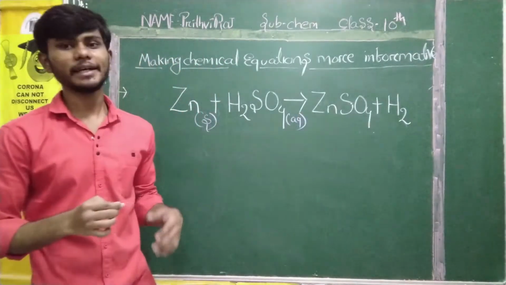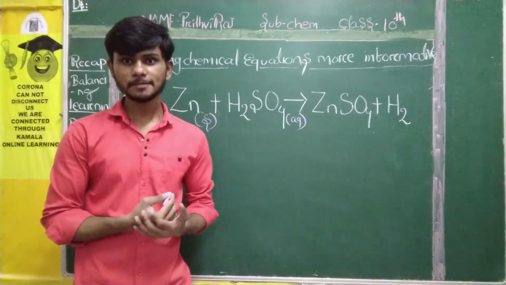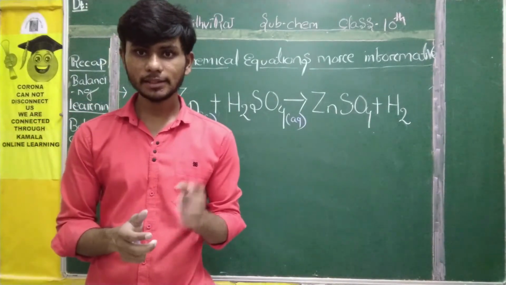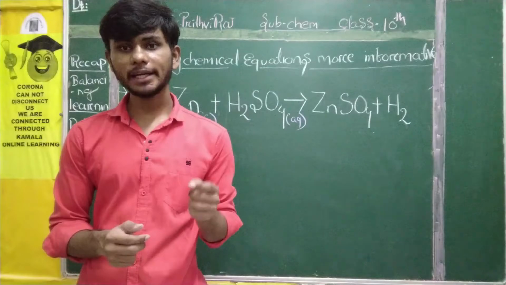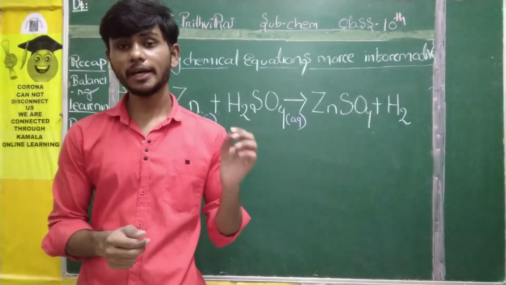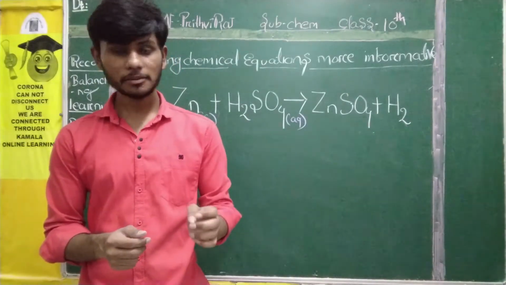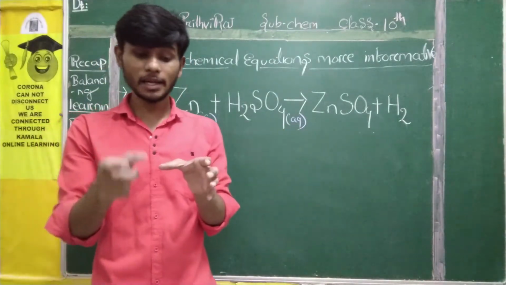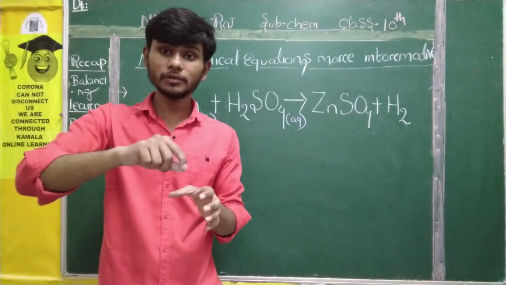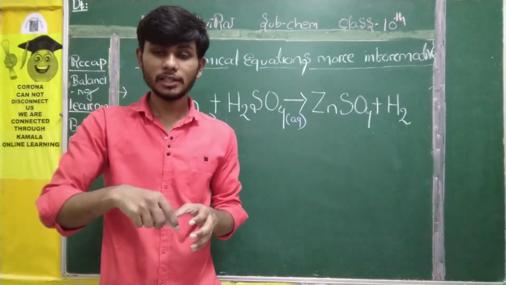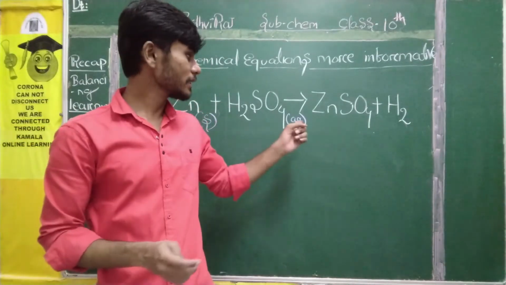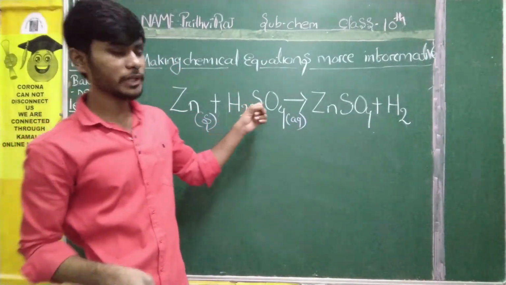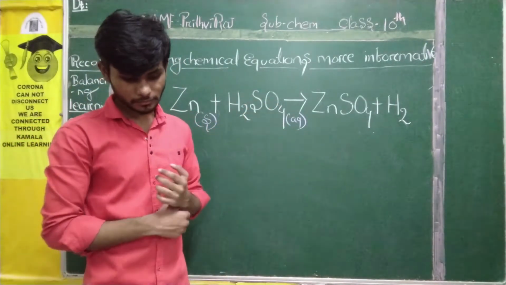Students, why am I writing aqueous, not liquid? The thing which is liquid by nature, if you are writing water, you will write liquid. If you are writing bromine, you will write liquid. If you are writing mercury, you will write liquid. But here H2SO4 I am writing aqueous because here I have added water. The compound which is mixed, a solution in water, like solute in water, that compound you will state as AQ, aqueous. And I hope for the arrow mark we didn't give anything.